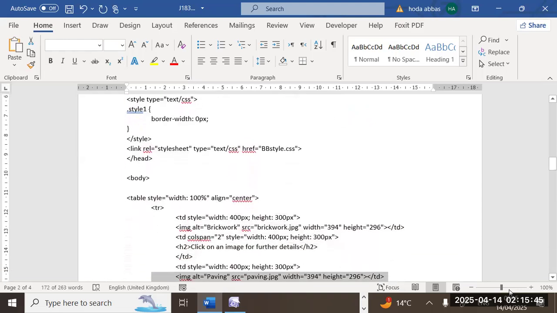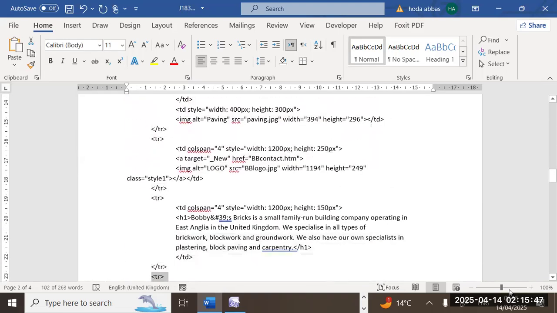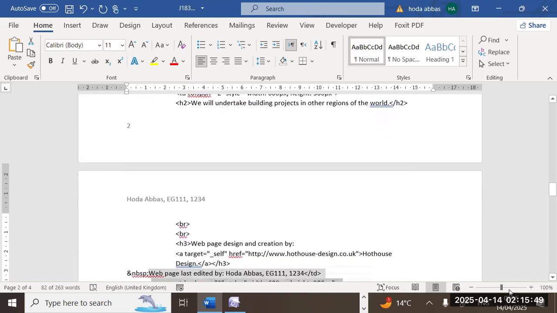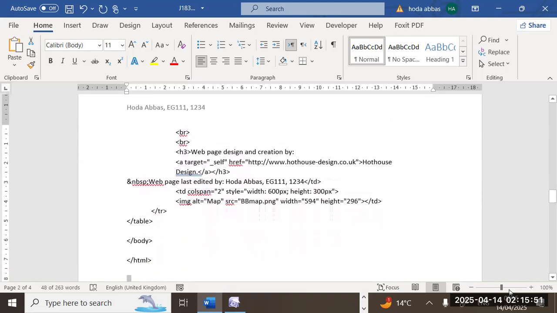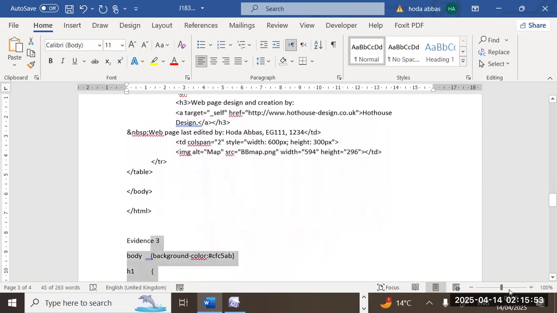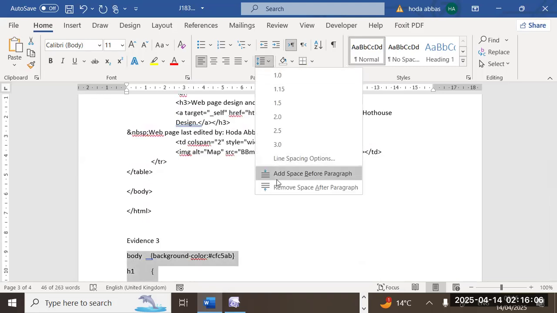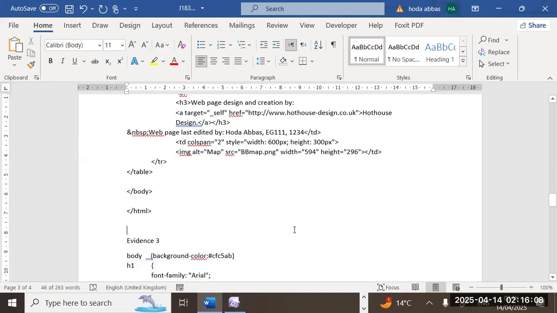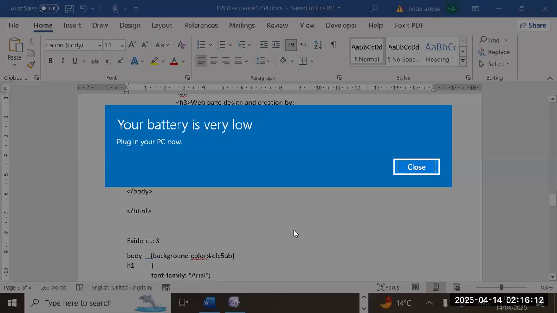The evidence 3. Okay, save your evidence, and you can also thank